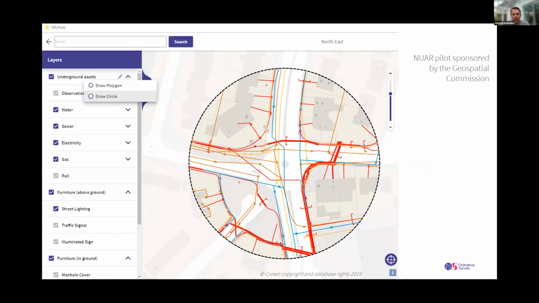We then graduated this in a pilot project that was sponsored and financed by the UK Geospatial Commission, something called NUAR, the National Underground Asset Register pilot project, in which we worked with the group of utilities and local authorities, asset owners in the Northeast, as well as the group in London, to integrate the data for a much bigger area. So we covered the whole of the Northeast and a certain number of London boroughs. And with that, we